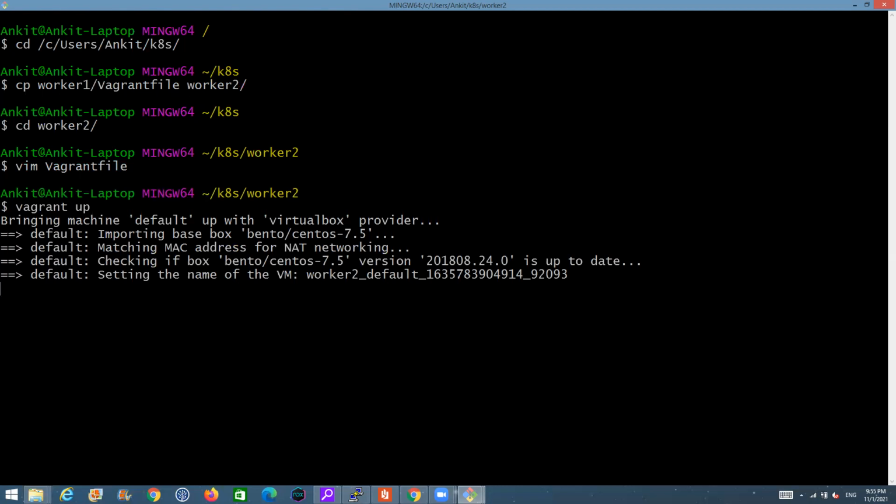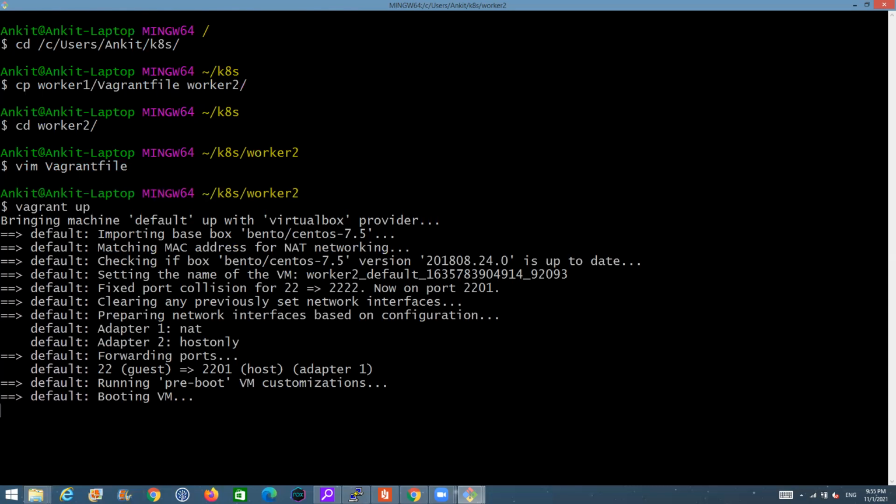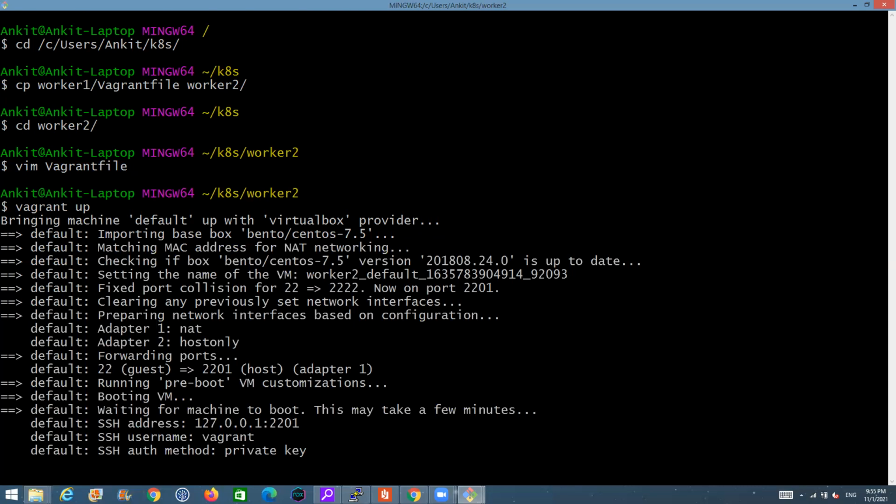Just in case you get stuck with some errors, which is likely if you do not use your laptop much for technical work, go ahead. Whatever error you are getting, Vagrant has a very large community. Mostly you should be able to resolve most errors just by doing some Googling around it. Mostly you will get the solutions for it.